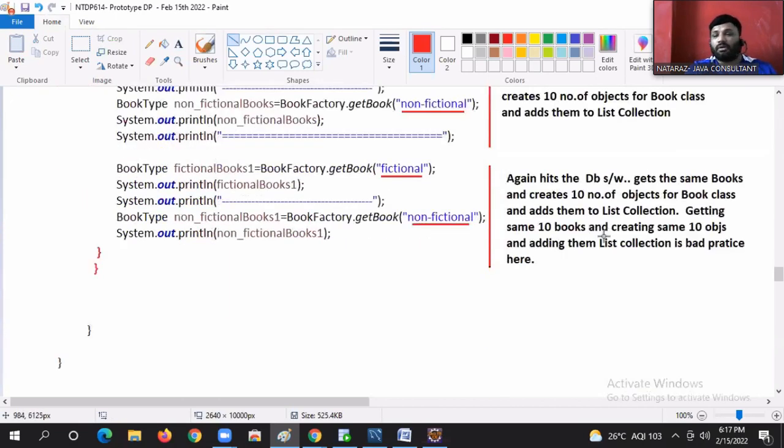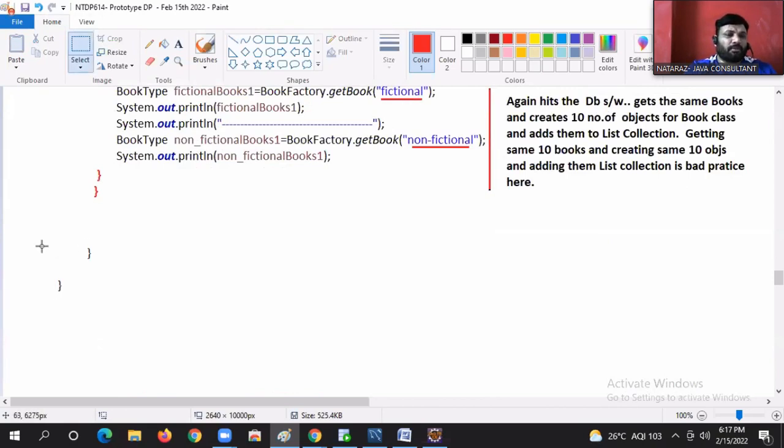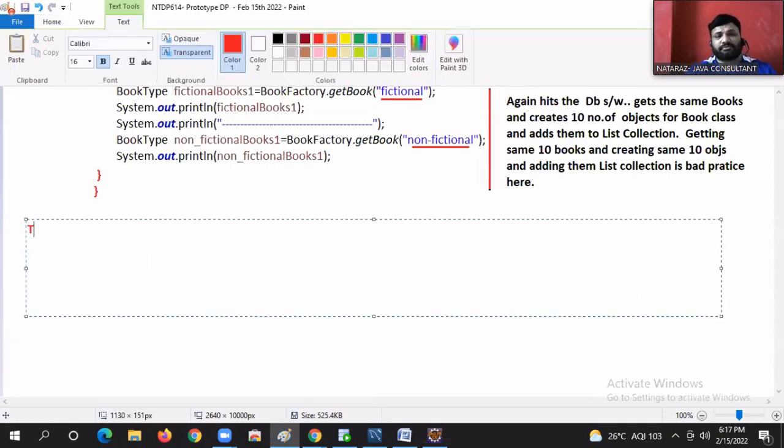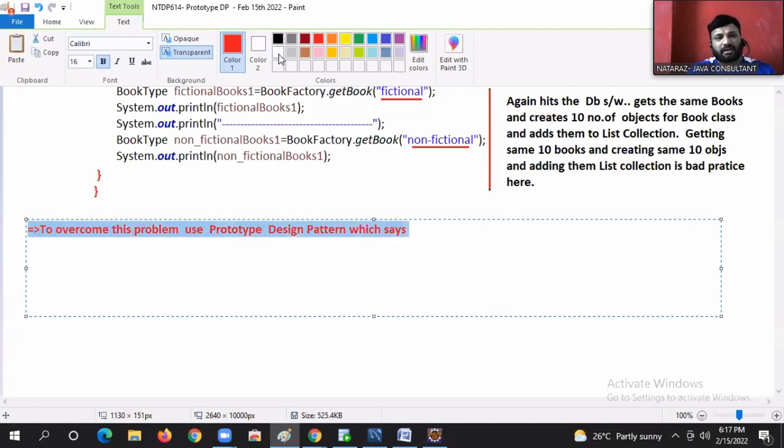Right, boss. To overcome this problem, what should I do? Are you there, guys? Are you listening to my class? Please respond, please be active. Use the prototype design pattern, guys, which says